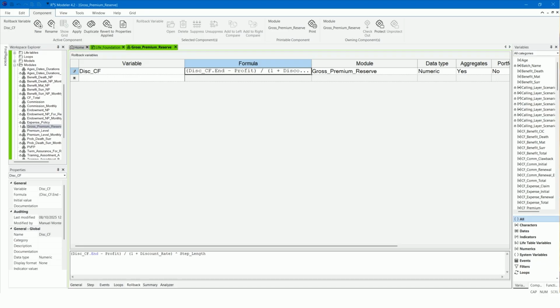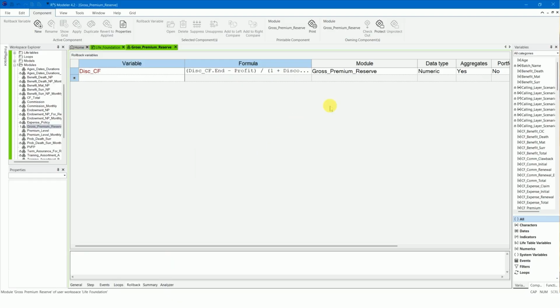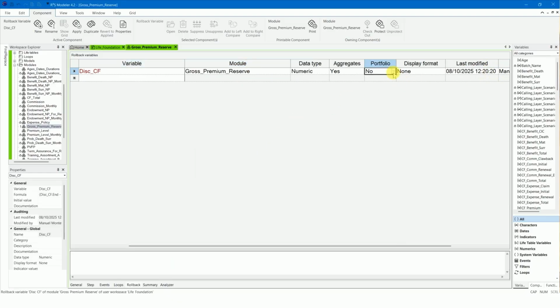For instance, variable DISC-CF will take a positive value in case the present value of all future profits is negative. Make sure the portfolio property is set to Yes.